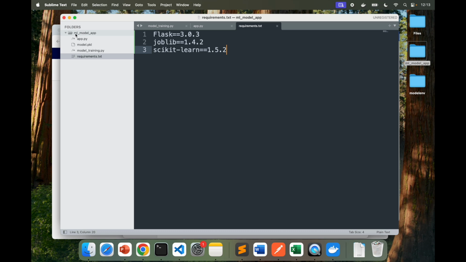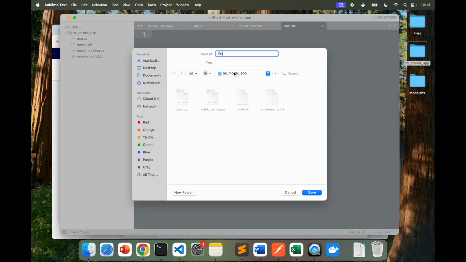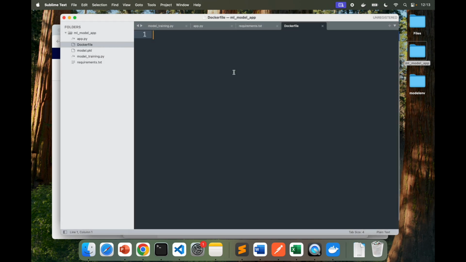Now the next one that I need is the Dockerfile. New file. So we'll create this file, which is called Dockerfile, that defines how the Docker image should be built. Ensure that the latest versions of Python and Flask are used. That's what I'm doing right now at the time of recording this video. Inside my Dockerfile, I'll first say FROM python:3.9-slim, that's the version that I want to use.